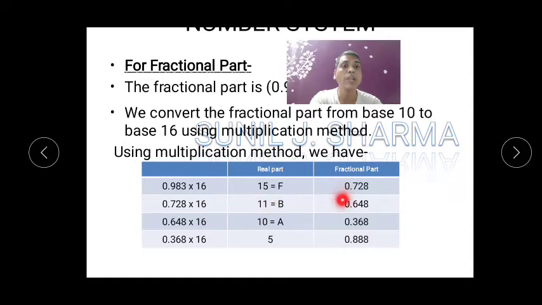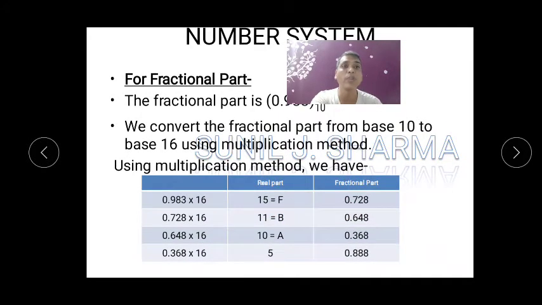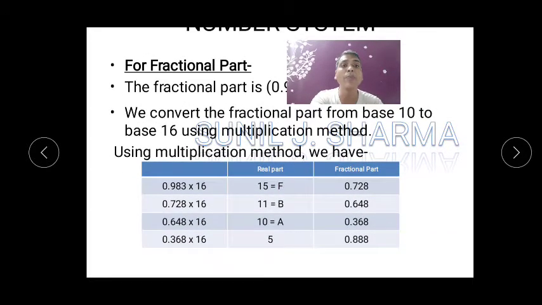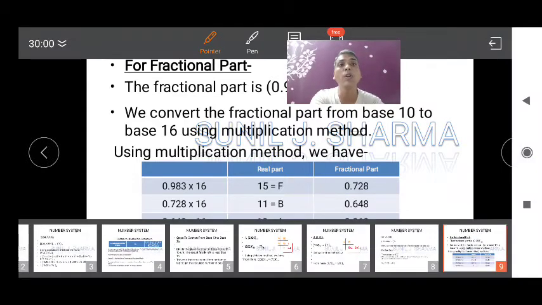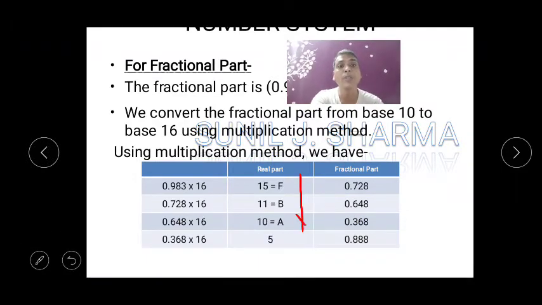Now here also we get 11.648. So your maths has to be strong to do this. So we have taken 11. Now the same thing we have gone here. When we multiply this 10 point something, then again multiply by 16. I think we can go maximum till 4 digits and we will stop. Remember that you have to move from top to bottom whenever you are writing the answer. So this time your answer will be FBA5.